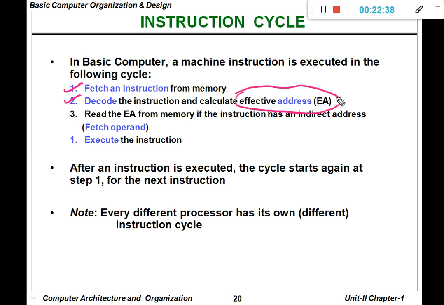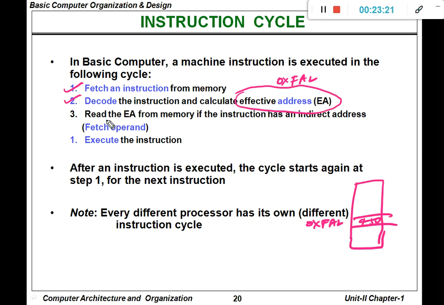So calculating the effective address means the address may be either direct address or indirect address, as we have seen previously. So if it is a direct address, then we can read the instruction directly from the main memory. For example, if the value is residing in 0xFA2, so this is the effective address, direct address. Then in the main memory we search for the address 0xFA2 and whatever the value is there, for example here the value 450, we fetch that value.